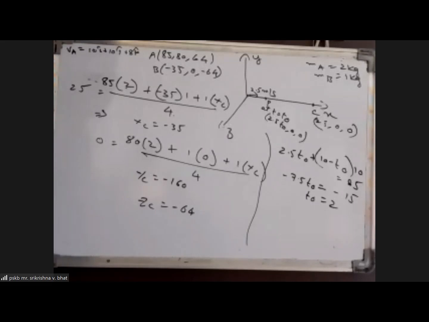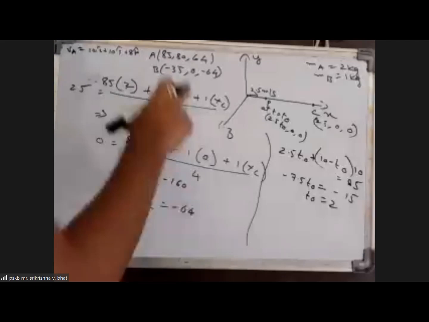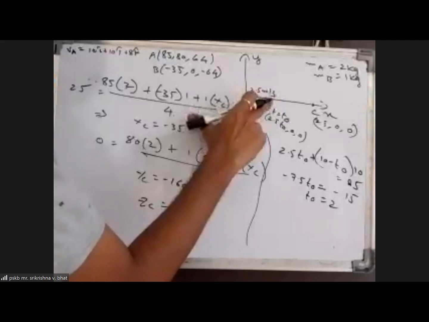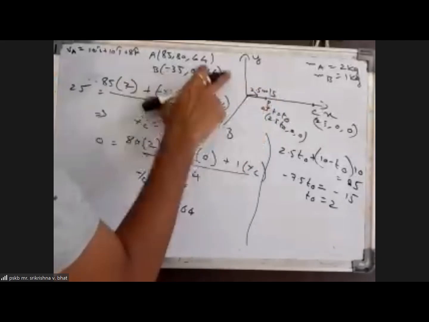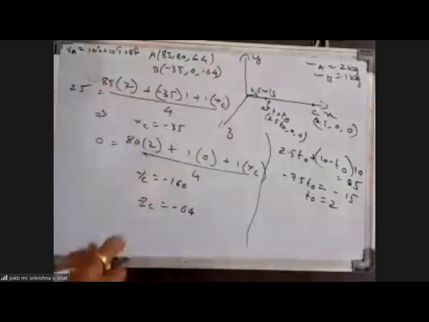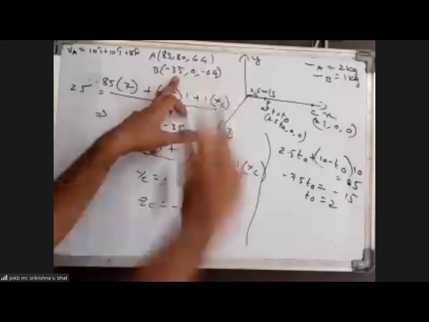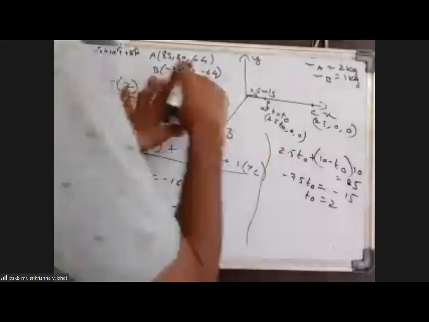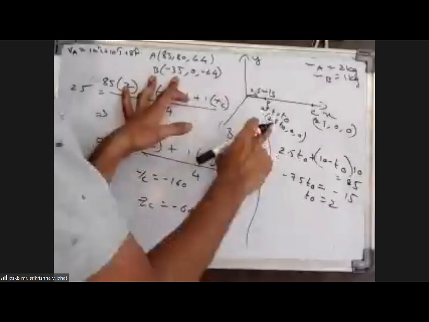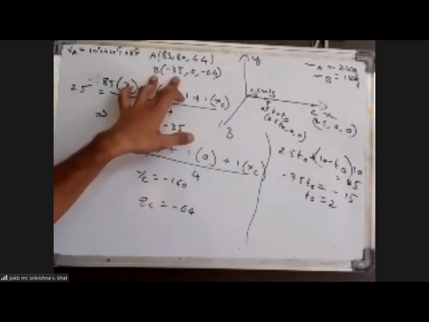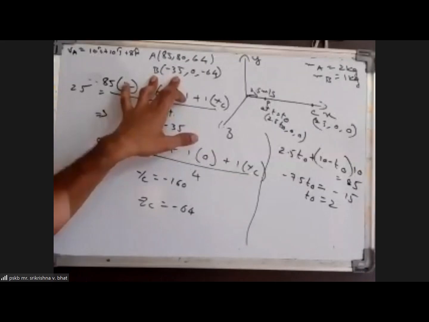Okay, so now using that, we can find the velocity of B also. For finding the velocity of B, all we can do is that this was the position of the center of mass. From this position, B has moved to this position. The x coordinate of B has become minus 35 from 2.5 T0, and the z coordinate has changed into this. So we can say that the change in x coordinate of B divided by the time for which B has traveled, that B has traveled for 8 seconds, should be the velocity of B in x direction.